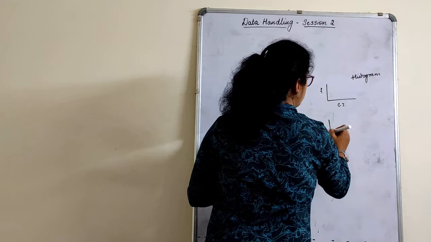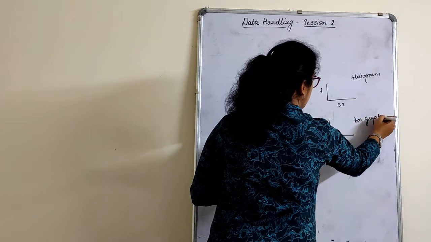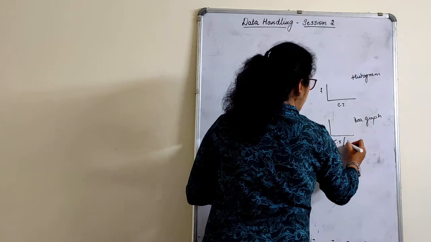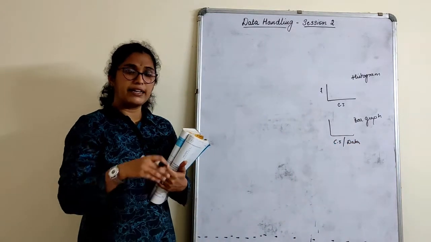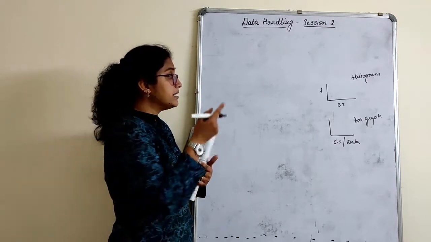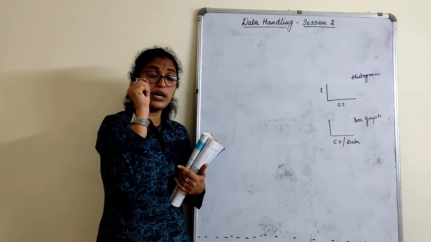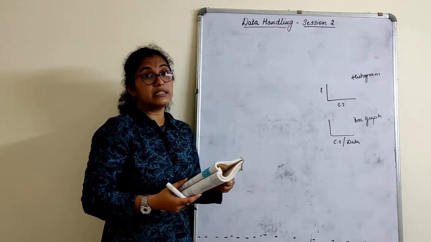But in the case of a bar graph, it can be class intervals or it can even be data. Data in the sense I can represent boys, girls, men, women, etc. But in a histogram, it has to have a numerical value. So which of these can be represented in a histogram?